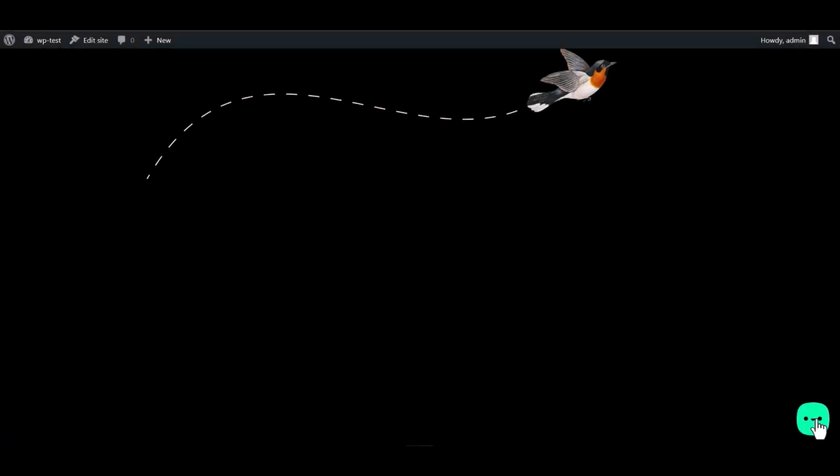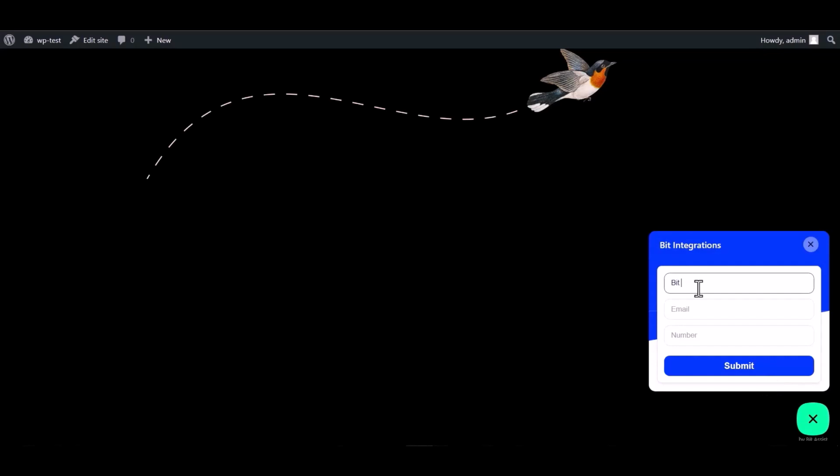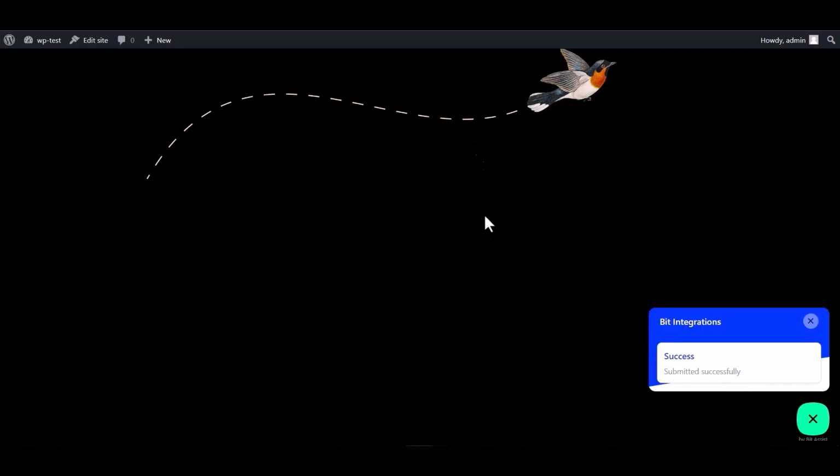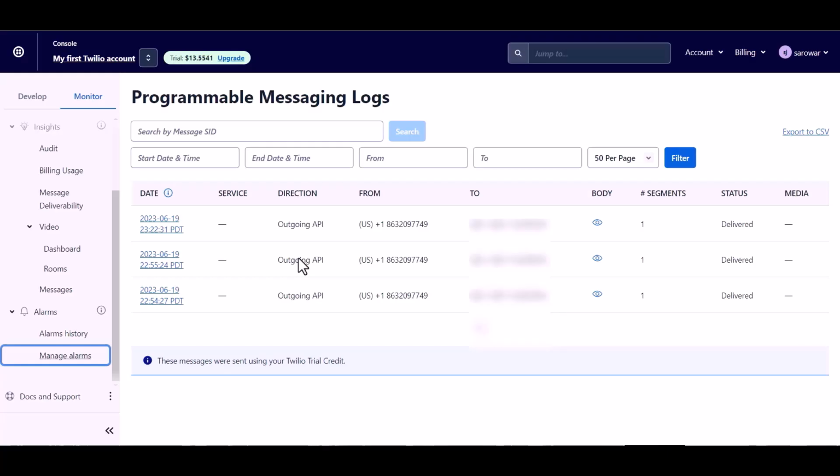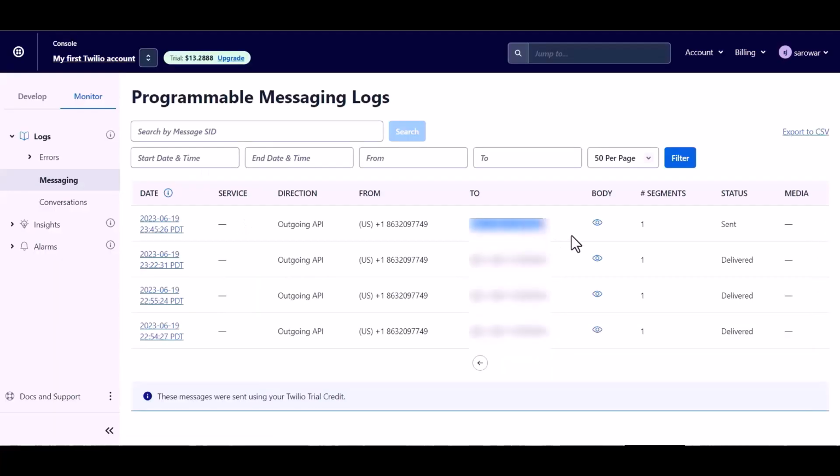Go to the WordPress page and fill in the form. Submit it. Form submitted successfully. Now go to the Twilio site and refresh the page. And you can see the message was sent